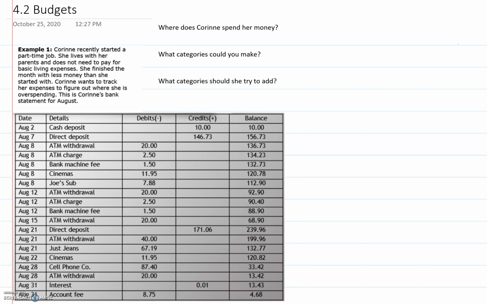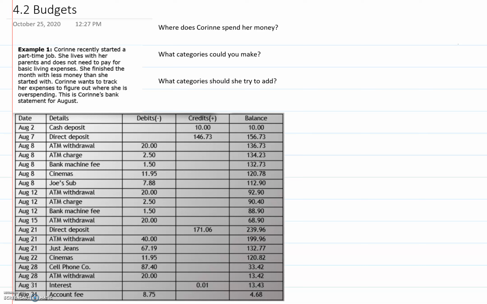Alright, so here we have her bank account statement. Corinne is living with her parents, so she doesn't need to pay basic living expenses like a mortgage, like food, that sort of stuff. So where does Corinne spend her money? Where is she spending her money instead of all those things that we just said? Well, let's take a look at our